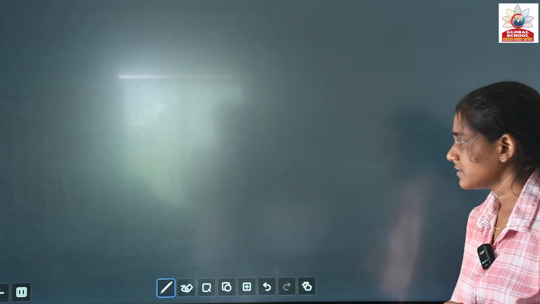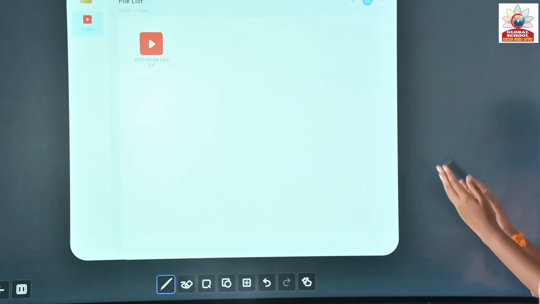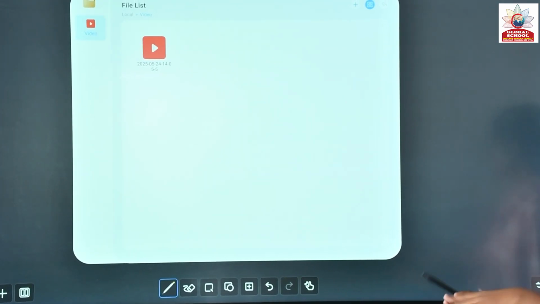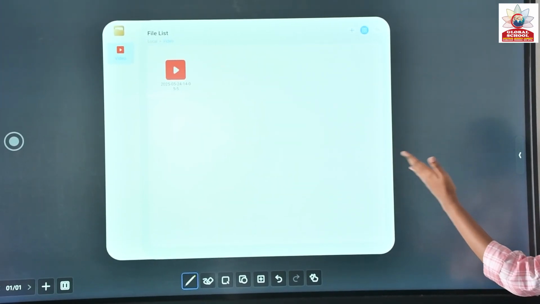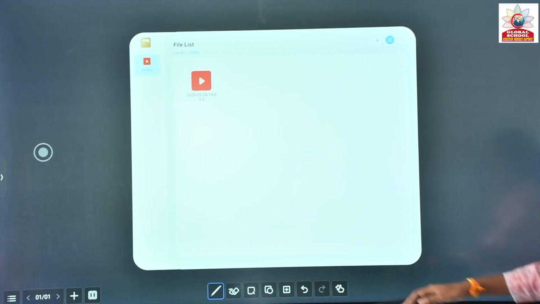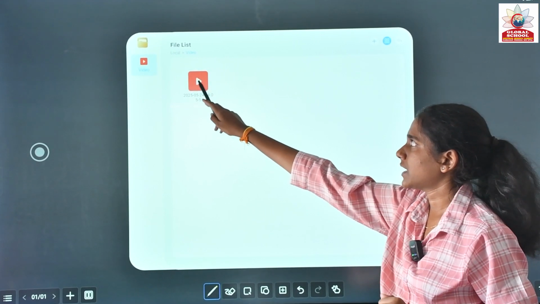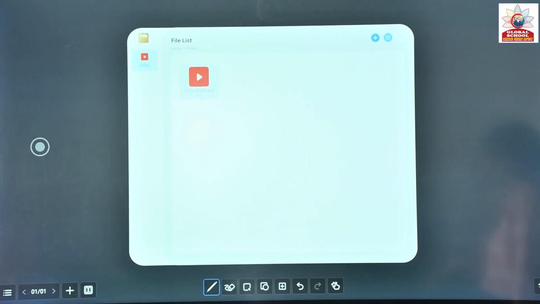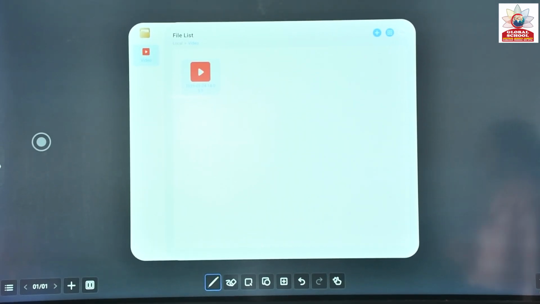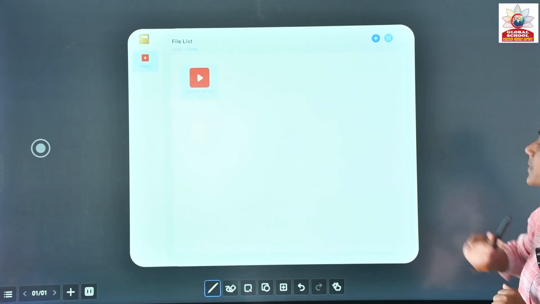And this is the previous class. So for example, my class is done. I saved this topic for tomorrow's class. So I just want to open my previous class today. From here you can just open whatever you have taught yesterday or the day before yesterday. If you want to recollect that class, you can just open it from here.